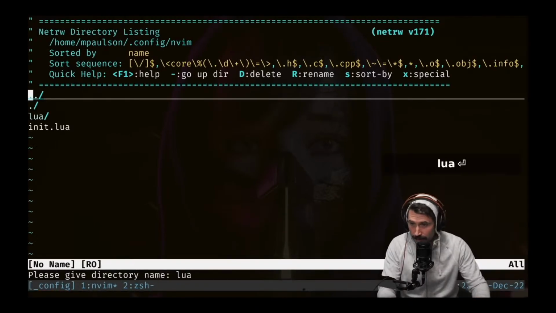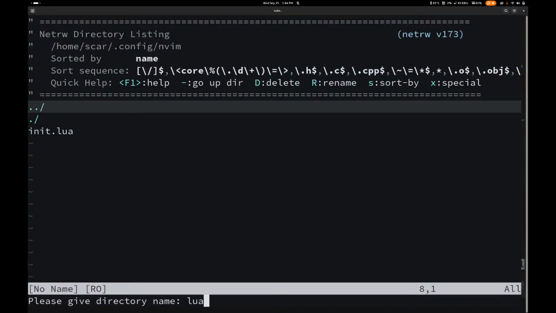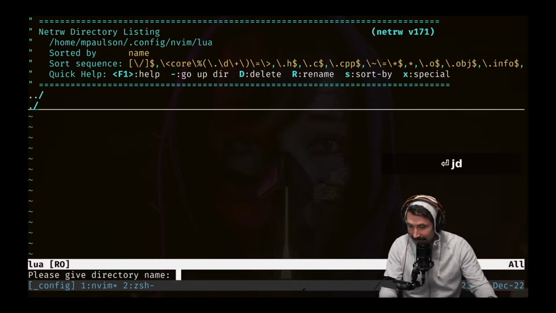Alright, so let's create the Lua directory. And the directory within the Lua directory is requirable by Lua. So let's press enter, go right into the Lua directory, press D again. I'm going to create